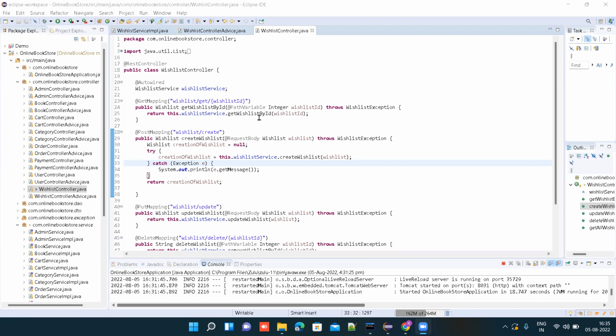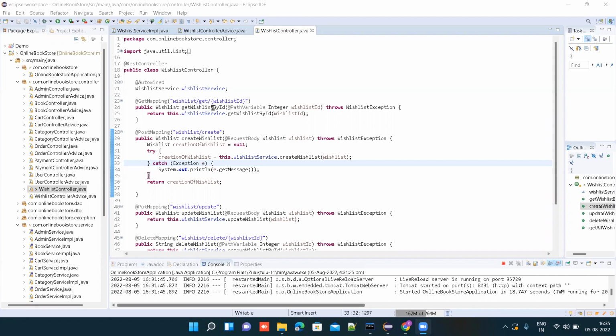Let me explain the get method. If you can see in line number 23, you have already written that it's a get mapping. That means this is the method which will get executed when there is an HTTP GET request. The user wants to get a wishlist, and the get mapping itself is telling that.